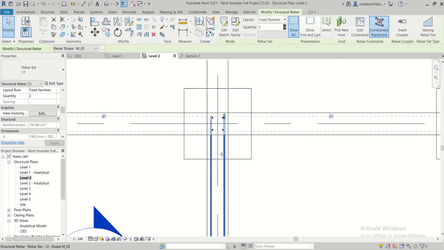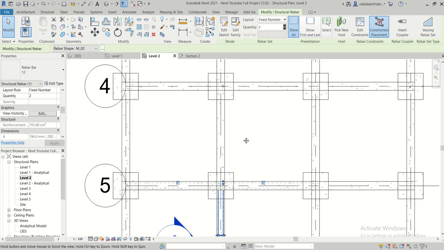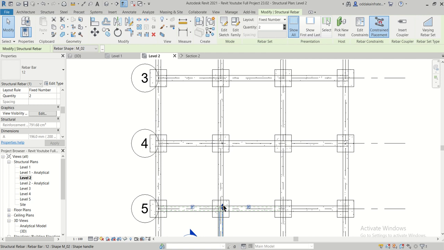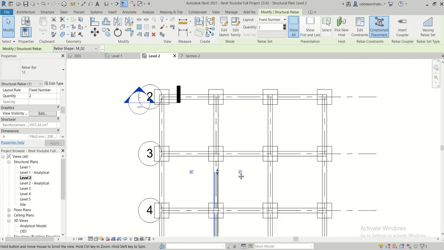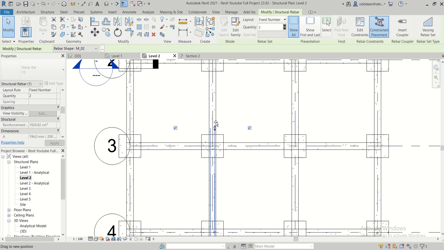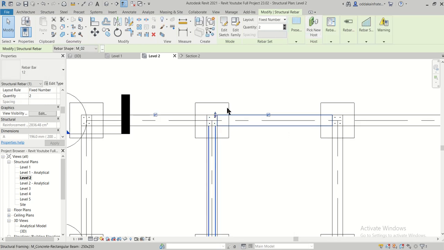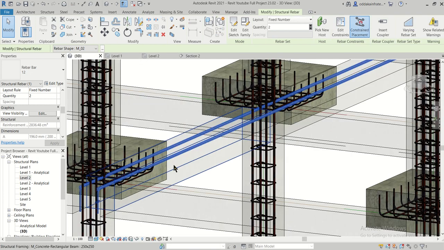So as you can see, this particular reinforcement is visible from here, and these two reinforcement we have selected, and we can now increase this particular dimension, because this is a continuous one, and we want to increase this so that it goes to the very end. This is a continuous beam here, so it will go up to here. So to here it has gone like this to the cover of the footing. Now we'll check this in the 3D view how it's looking.